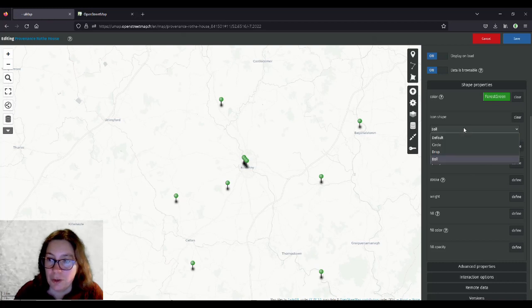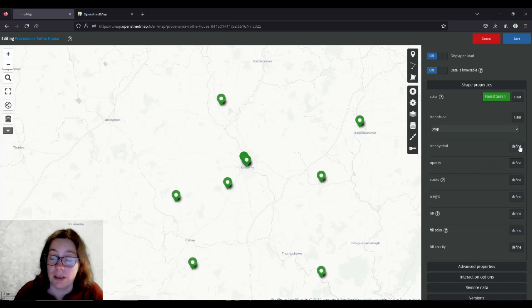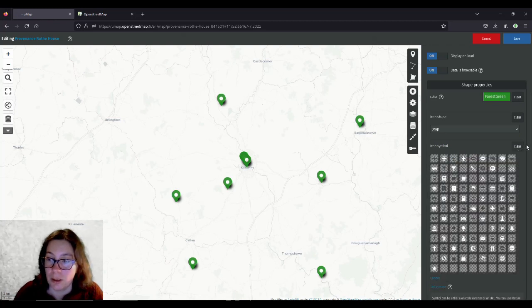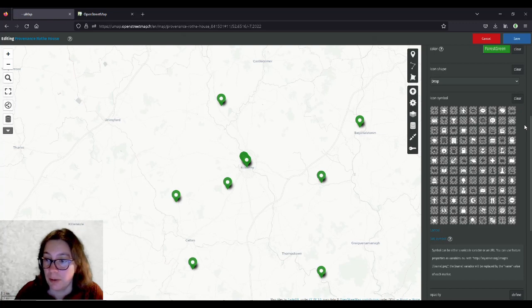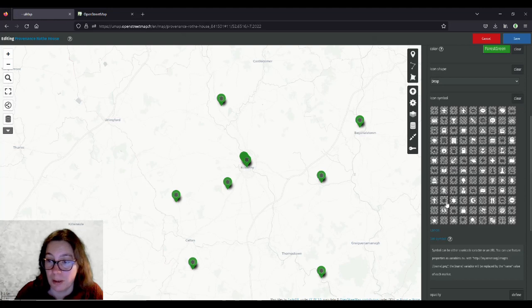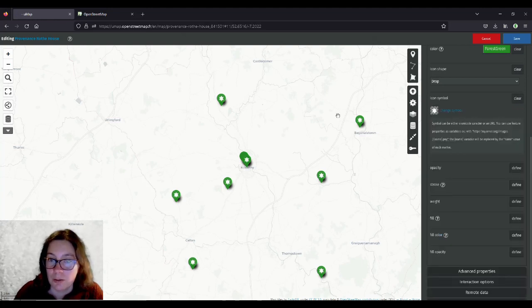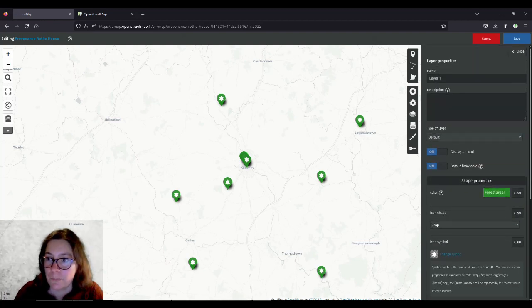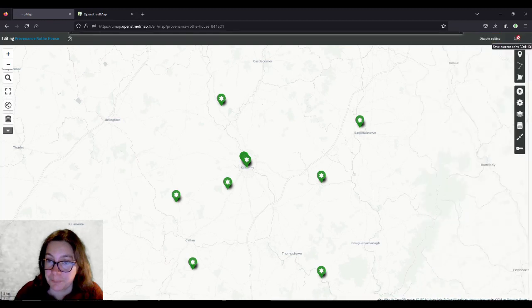Completely up to you. If you're using the default or the drop, you can also choose an icon symbol. So there are a couple of symbols that are predefined. None of them are really very useful for historic artifacts. But you might have a different opinion about that. And they all come in black or, well, dark grey and in white. So maybe you want this. You could also make your own marker symbol and upload that, but that's probably going a bit too far. I'm going to go with this one now and leave it at that. And you can also save that then.